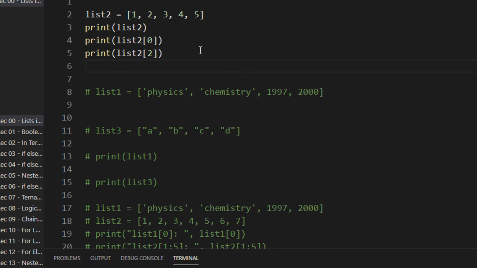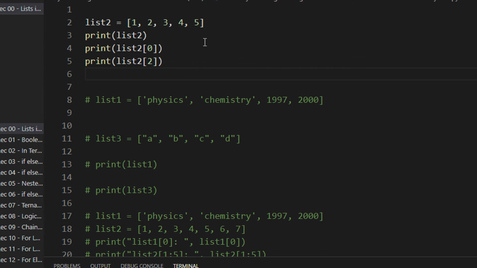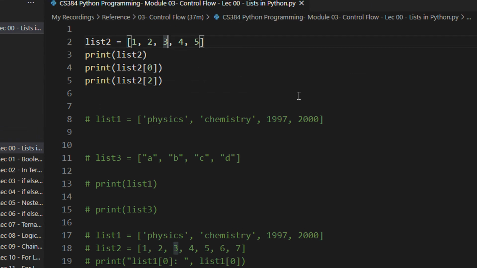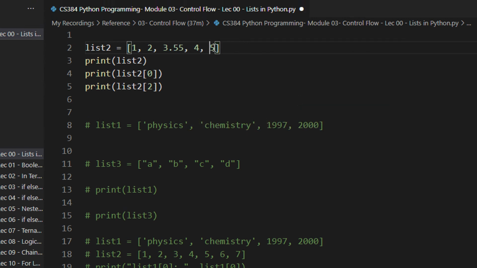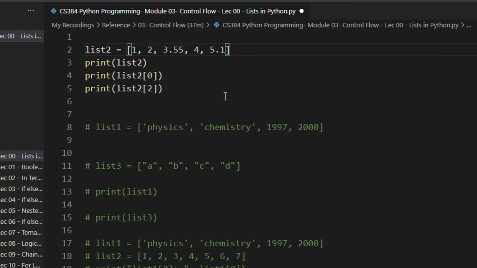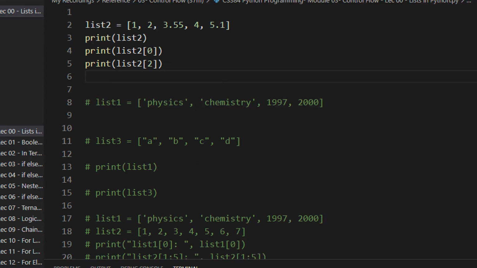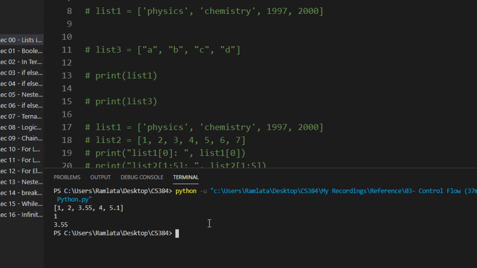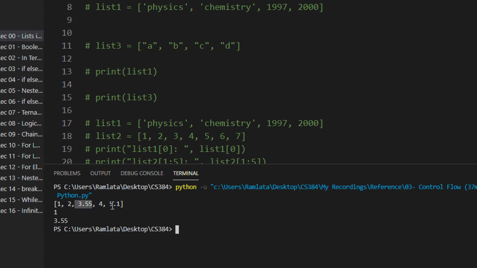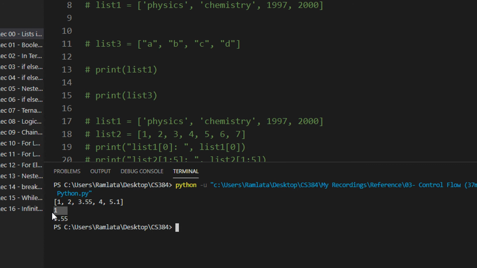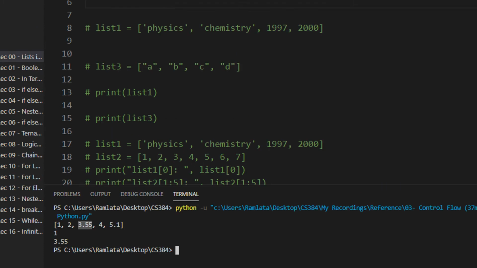The good thing about a list is you can have multiple data types defined here. So for example, let me make this a floating number, and let me keep this also as floating, 5.1. Now this was not allowed in arrays. You can have all integers or all floats, but not a mix of both. But Python allows us to have a list with mixed element types. Let us again execute the code. You can see there will be no errors here. So you see the list is 1, 2, 3.55, 5.1, and the 0th element is 1, and the second element is basically the third in the list because indexing begins at 0.